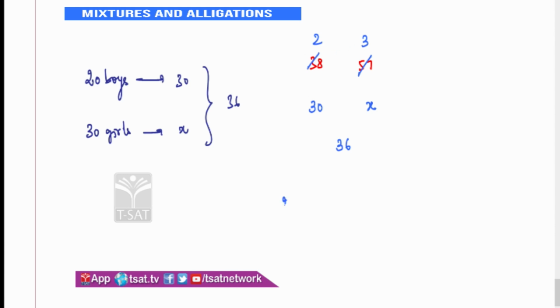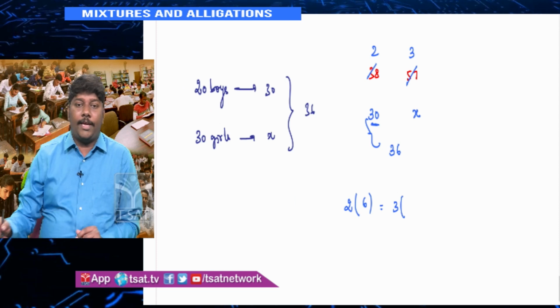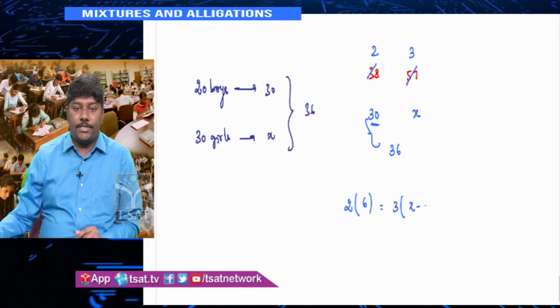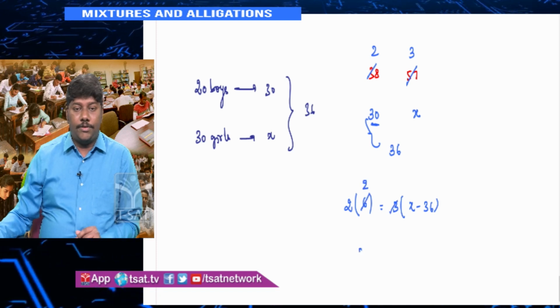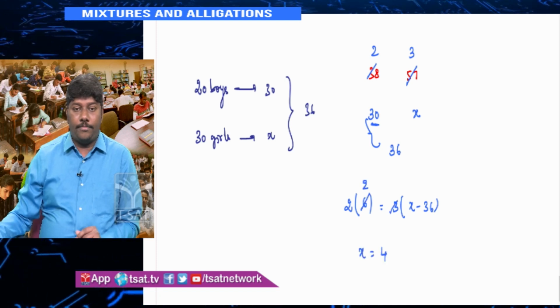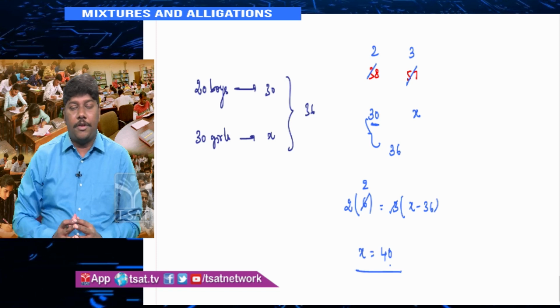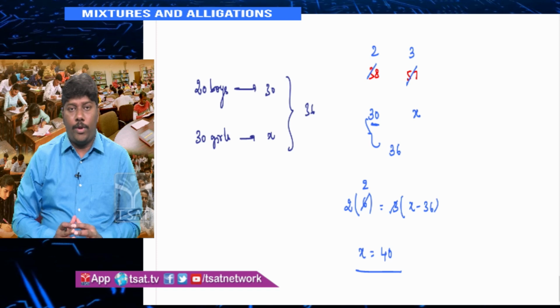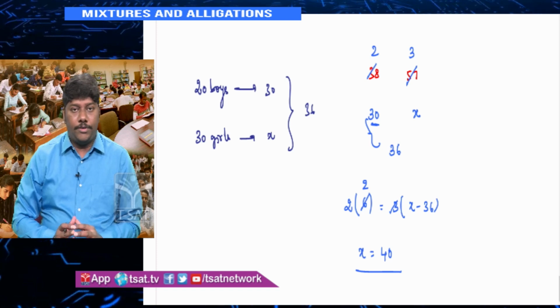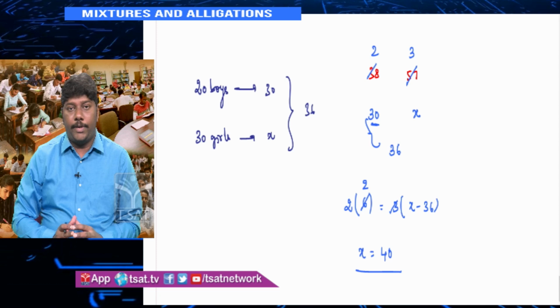Now what is N1? What is the formula? N1 into the difference between these two is 6. What is N2? 3. What is the difference between these two? 30 is lesser than 36. A1 is lesser than capital A, which means your A2 should be more than capital A. Therefore, x minus 36, I would say. Now 3 1s are 3, 3 2s are 6. x equals 36 plus 4, which is 40. And I already told you that it is 40 clearly, right? So if anything out of N1, N2, A1, A2 is missing, always use the formula N1D1 = N2D2.